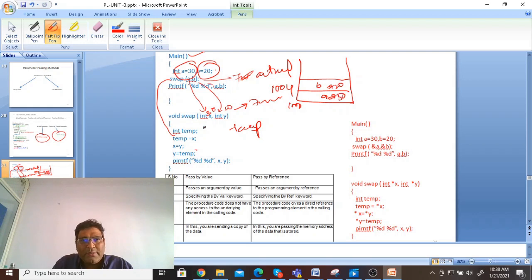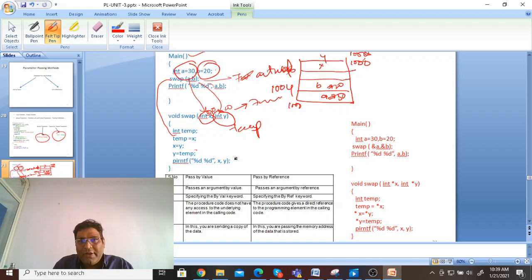Now control comes up, there is a temp variable which has already been assigned. We gave it 1006. Then again the memory locations will be allocated for these, that is 1006, 1008, and these become x and y, and the values are interchanged.